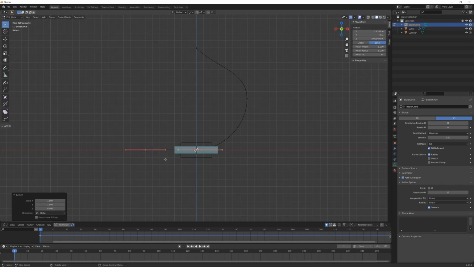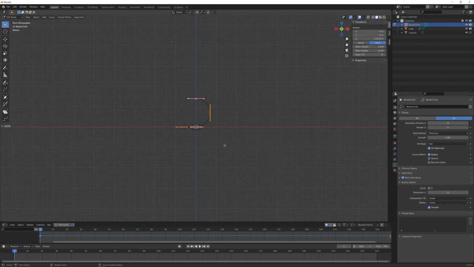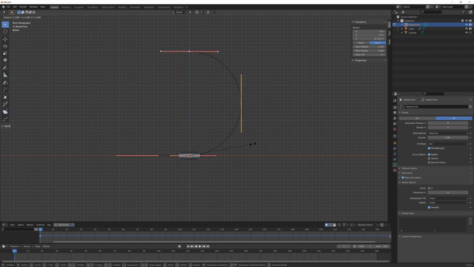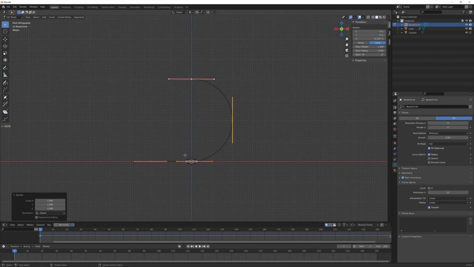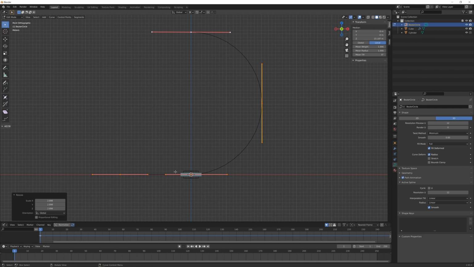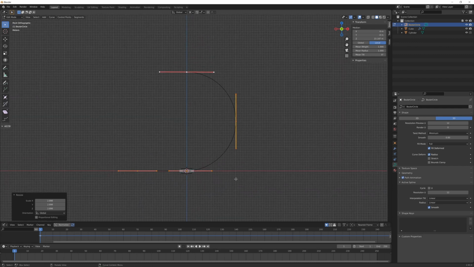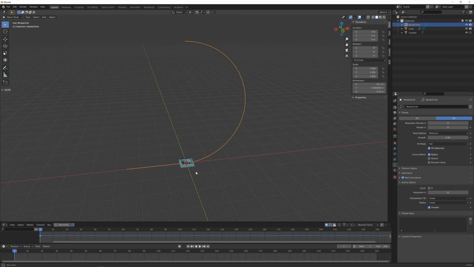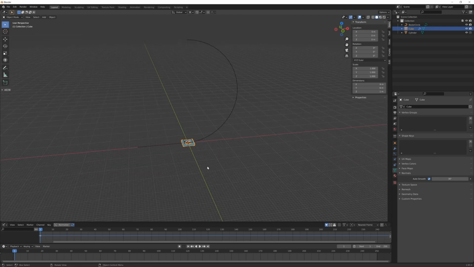Both of them. Now I have this kind of shape that is more or less what I'm looking for, and I want to have this way bigger, I think. So let's change this option here to the 3D cursor, and now if I scale this, it will stay in place here. That's where I need this point to be. So a little bit more. Okay, so this will be our path, and this will be our object to be modified and deformed along this